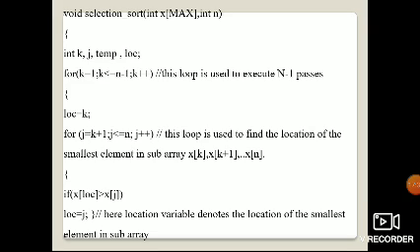After finding the location, if the condition is true, then it has to come into the loop, that is an if. We have to find the location: if x of location is greater than x of j.